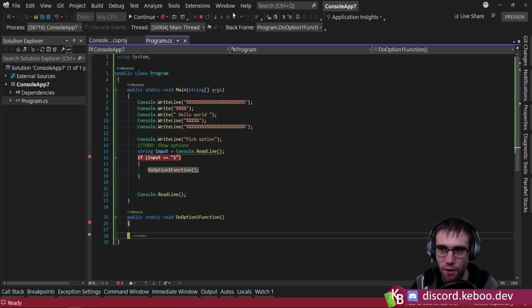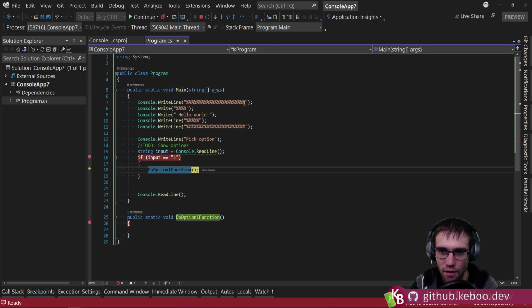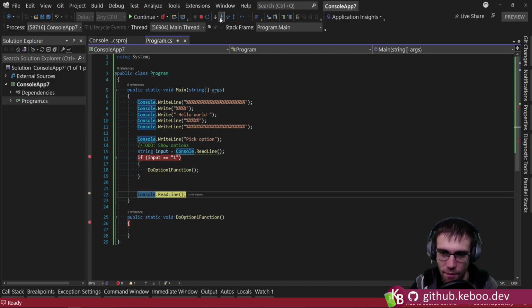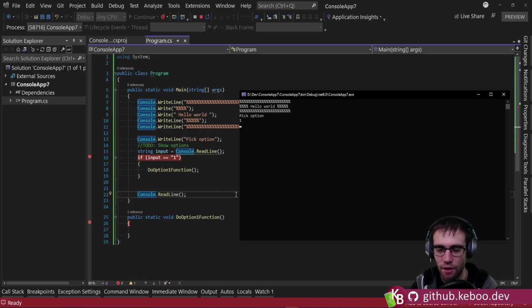Now I'm at the end of my function. Click it again. Now I'm back where I came from, and now I am at the end of the if, and now I'm at the console read line, and now I am frozen because I'm waiting for the console read line to be resolved. So especially when learning, I oftentimes try to teach people how to use the debugger